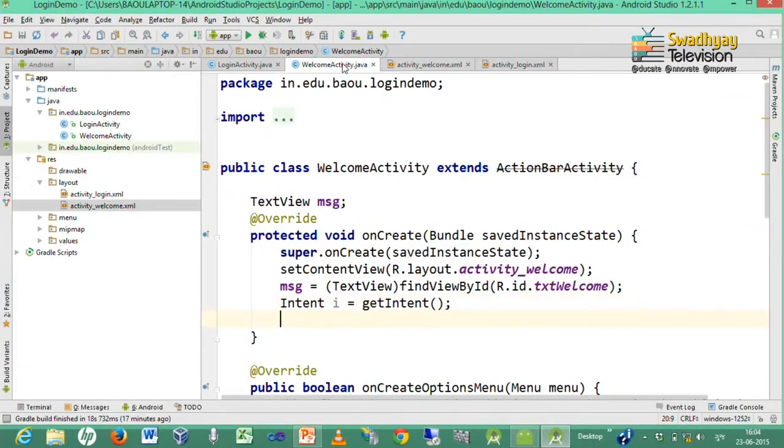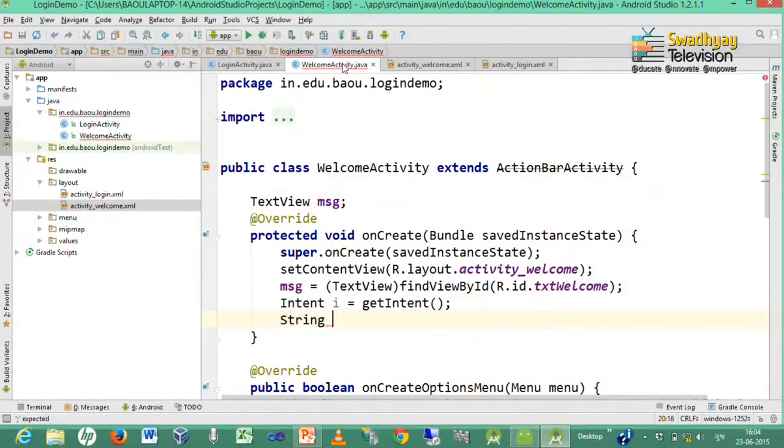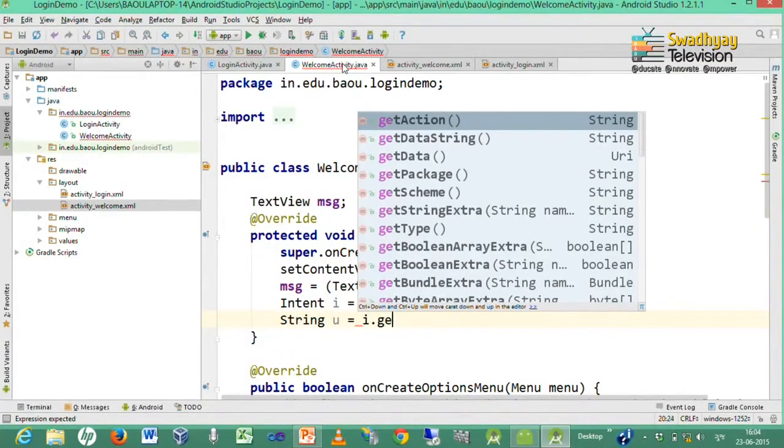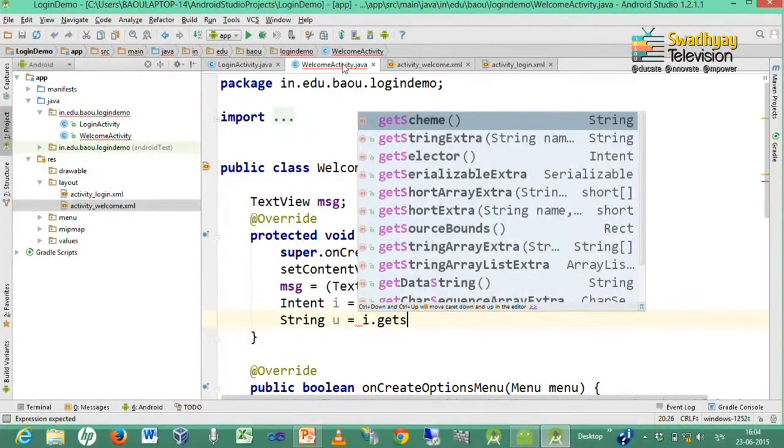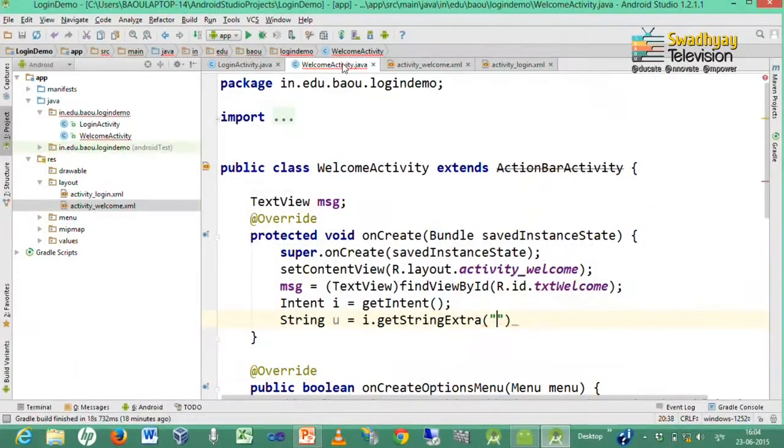So, here we receive the intent sent by the login activity, and we can separate the data sent inside this intent using variable u equals i.getString, and the name for our string is username.